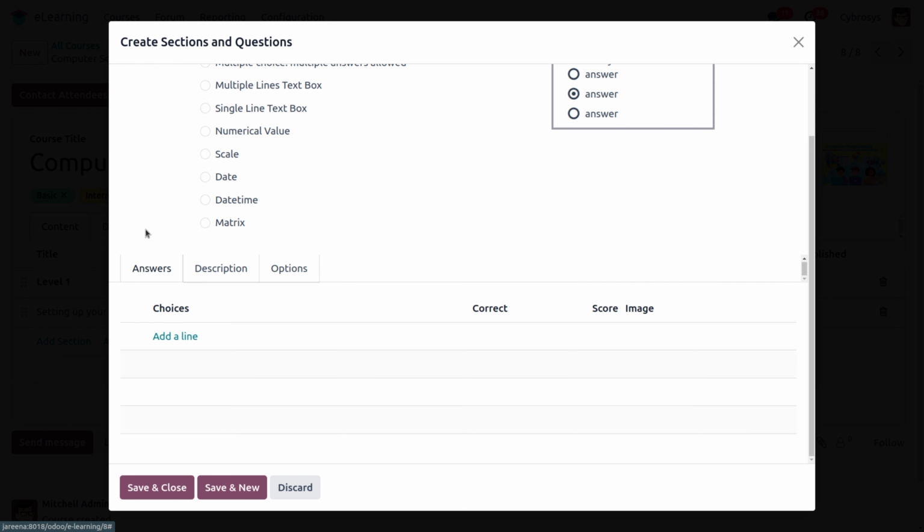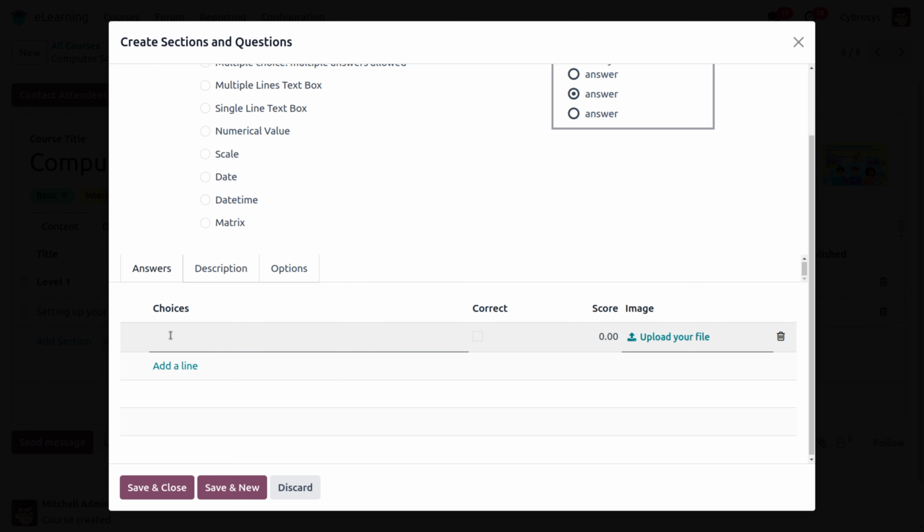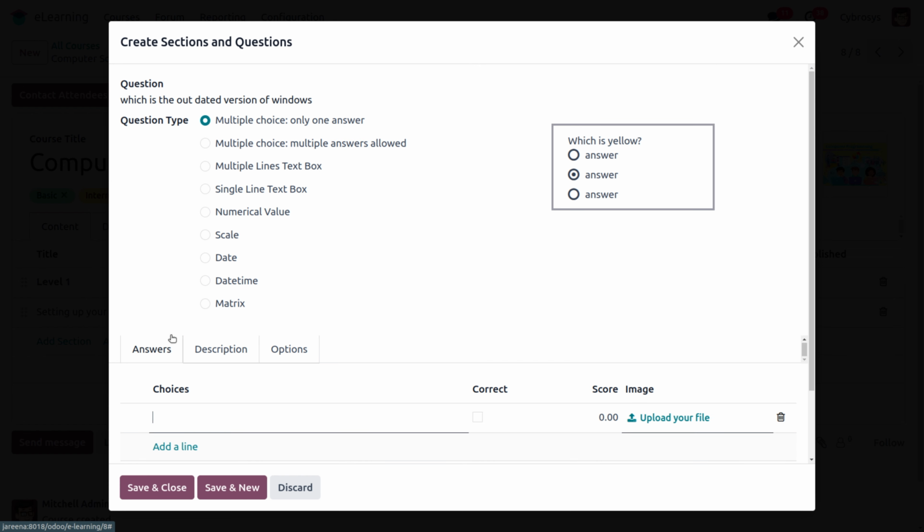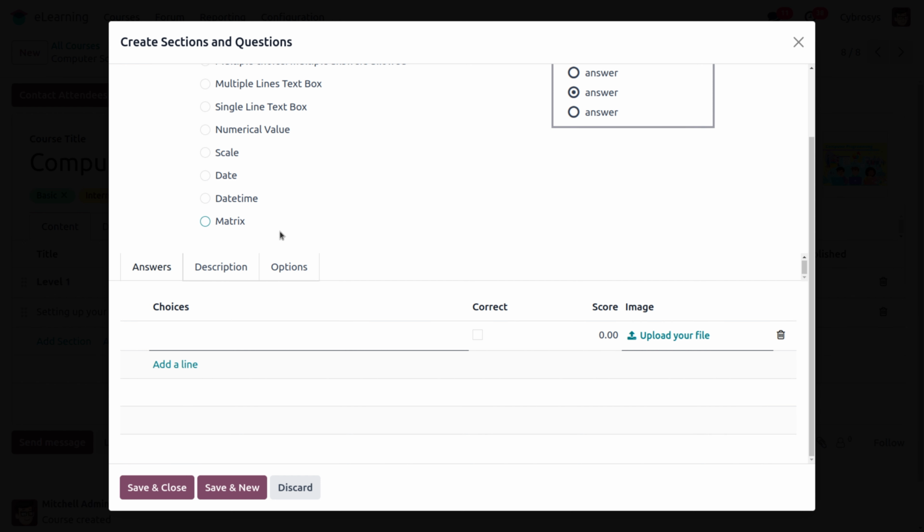As you move on to the answers, here we will have the option to provide the choice and score. So let's say the full form of CPU, or in this case, this is the second question. We have to provide the options, that is, which is the outdated version of Windows. So we can say Windows 7, then